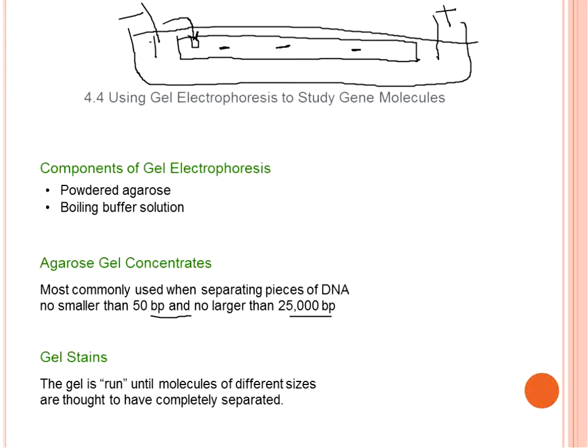Now, can you see the DNA? Well, DNA is not visible to the naked eye. If you just look at the gel, you are not going to be able to see the DNA. So that's why you need gel stains, and there are various kinds of stains that are used. Two common stains are ethidium bromide